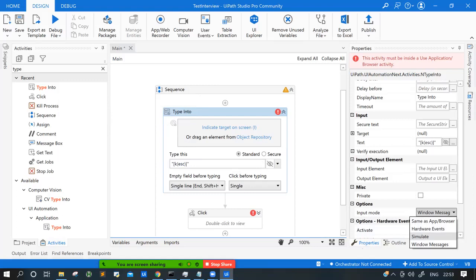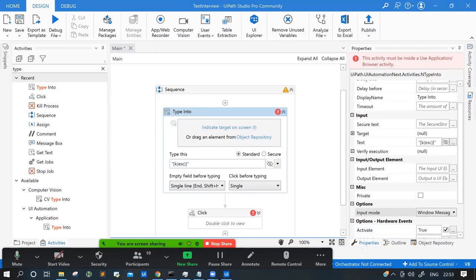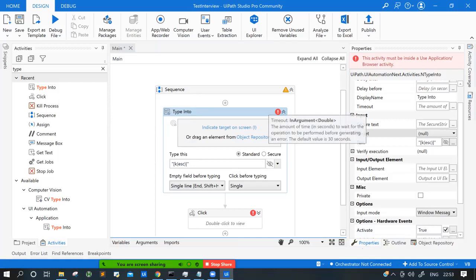Another important one people ask, and one should know, is about this timeout in milliseconds. People generally ask what timeout is. Timeout is basically the default time of an activity, and this is a generic property for all.